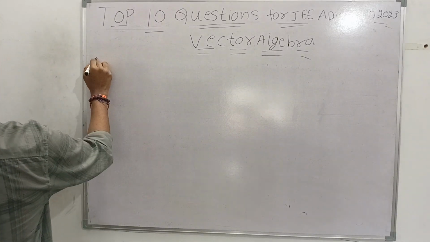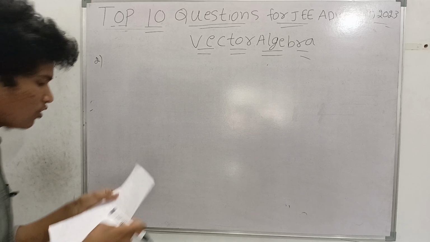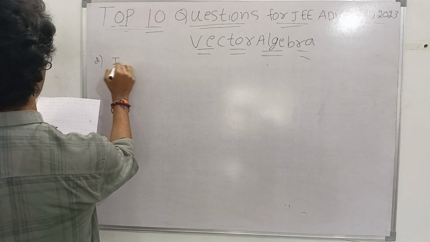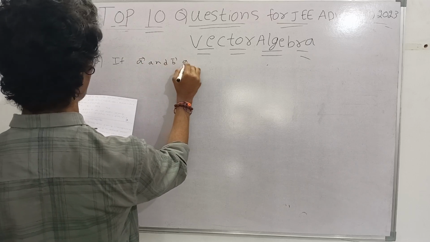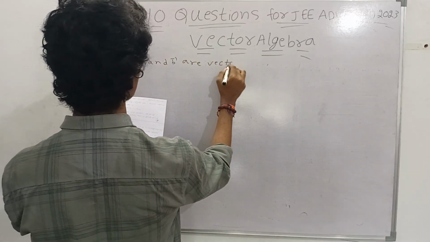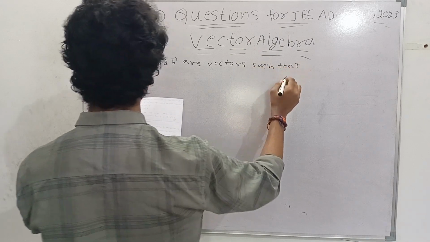First question completed. Now the second question. If a bar and b bar are vectors such that